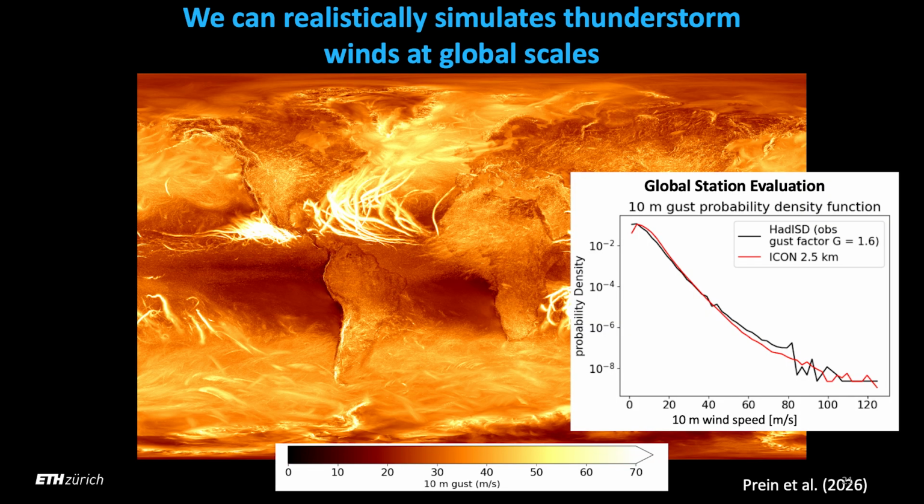This is the same picture, but now for wind gusts. And here the cyclones are even more pronounced, so you can really see where the cyclones are going. But again, you can see also the extratropical cyclones. You can see again the streaks over Africa. So for instance here you can see these mesoscale convective systems moving out over Africa, over the Atlantic, and eventually sometimes triggering cyclones. You see these streaks in North America, you see topographic enhancement and so on. Again, compared to observations, the model does a really good job in capturing these wind gusts as well.